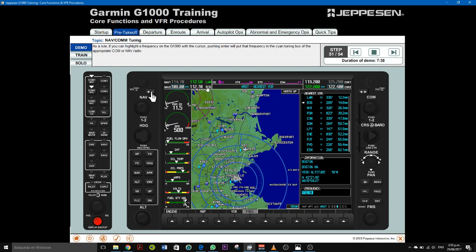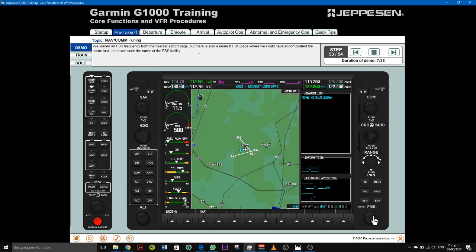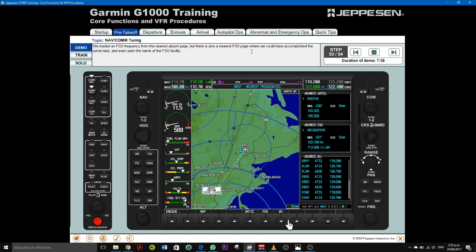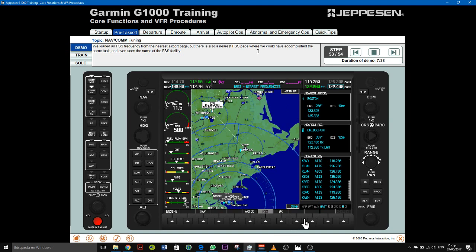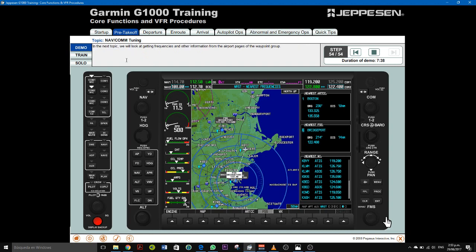As a rule, if you can highlight a frequency on the G1000 with a cursor, pushing Enter will put that frequency in the cyan tuning box of the appropriate COM or NAV radio. Remember, there are many ways to accomplish the same task on the G1000. We loaded an FSS frequency from the nearest airport page, but there is also a nearest FSS page where we could have accomplished the same task and even seen the name of the FSS facility. In the next topic, we will look at getting frequencies and other information